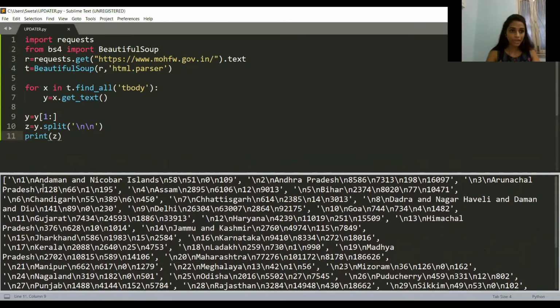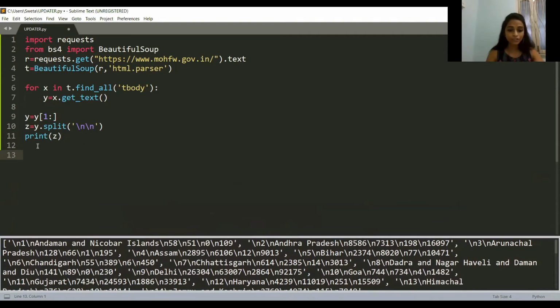Now, what I want to do is have these elements separately. That means the information for Andaman and Nicobar Islands I want in a separate list, and then for the rest of the states like Andhra Pradesh or Assam or anything like that, I want these elements in different lists. For that, and again, you can see there are backslash n's present here.